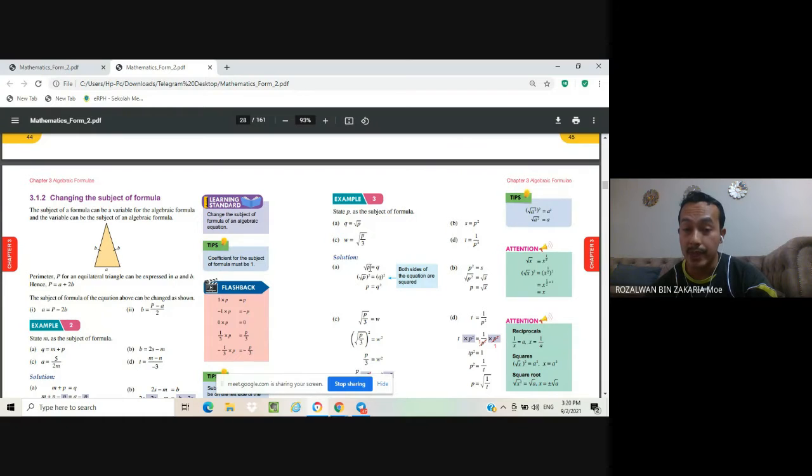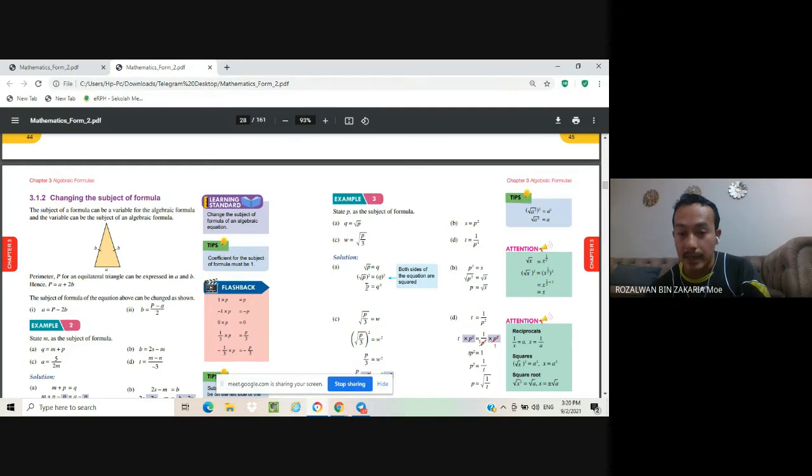How to cancel this square root? That means we have to put square root of P, then put a bracket, then put square. Because square root multiplied with the square will become power of 1 here. That's why P here becomes P, because P power of 1. Remember, when you square, you put in bracket. Then when this one is square root, you put it in a bracket, then outside the square.